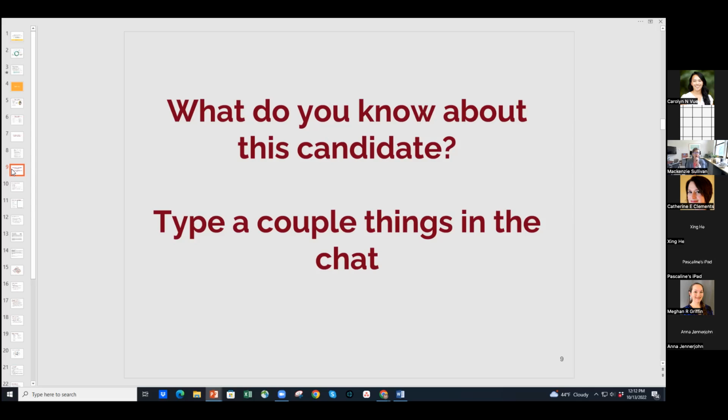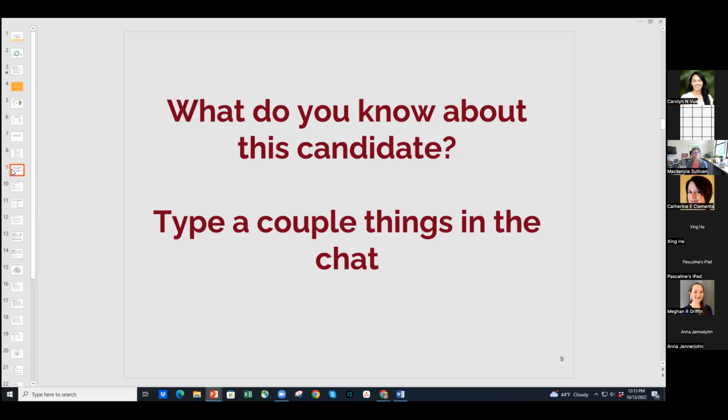Type in the chat. How long do you think your resume gets in an initial scan? 30 seconds, 7 seconds, 10 seconds. Yep, 10 seconds. Okay. It was funny, I was just watching a TV show. I was watching Frontline last night, and they said the average human recruiter gives you 3 seconds. But data will vary a little bit, but yes, it is in the seconds. It's not minutes, and it's probably less than 30 seconds.